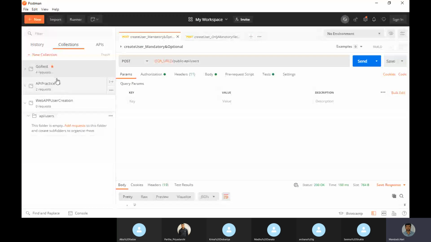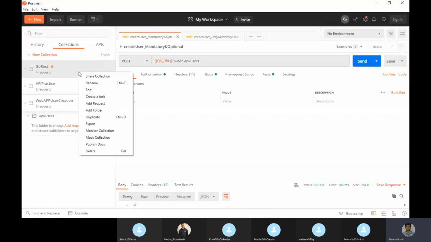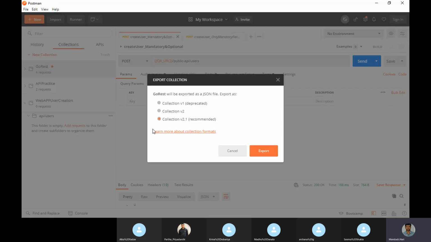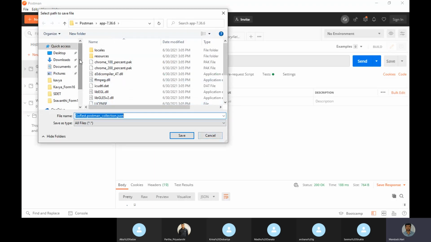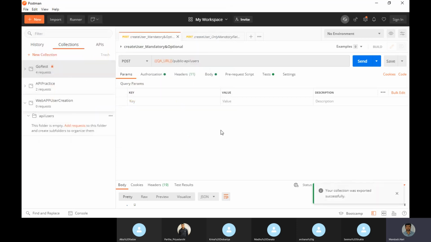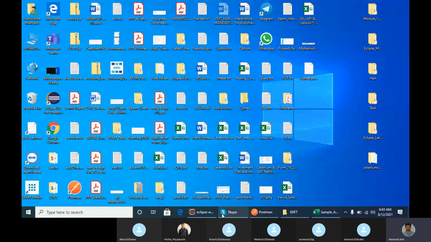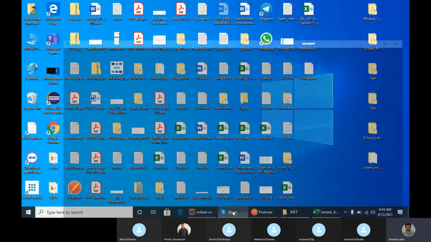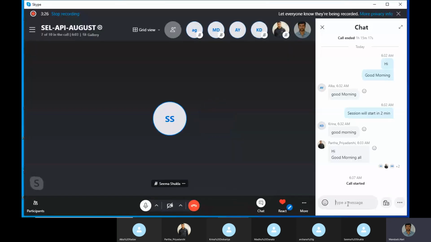They can share with us with just one click. If you say export, with this export option they can export it somewhere, suppose I say desktop, and I will give it to you right now. You can just import it. Let me share it with you so that you can also open that.